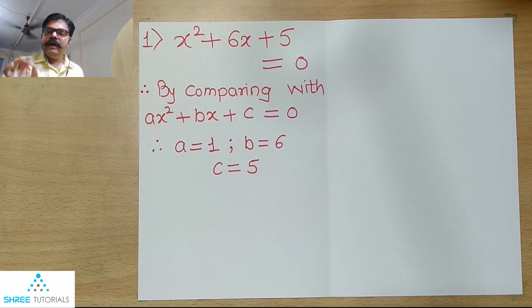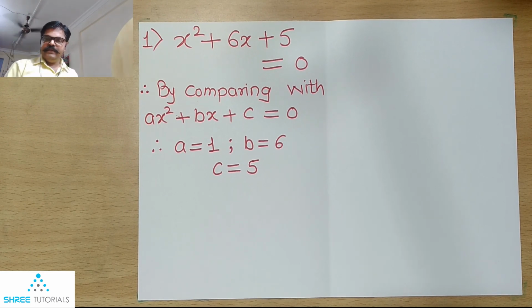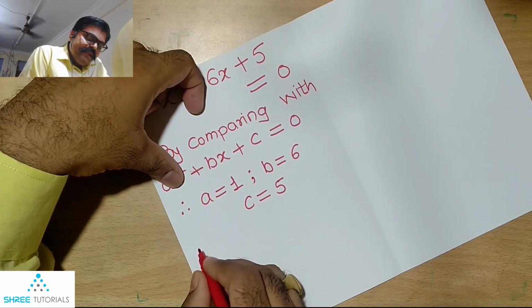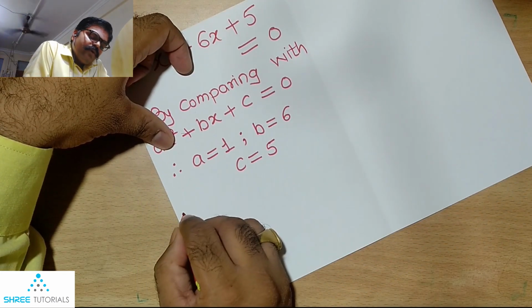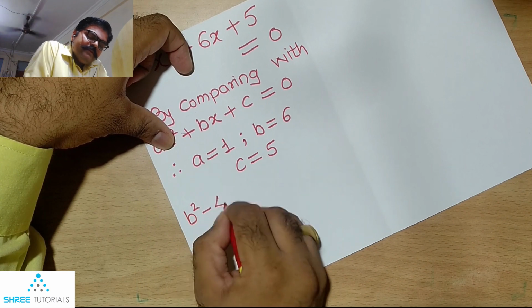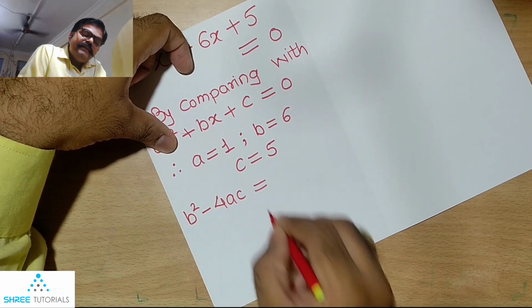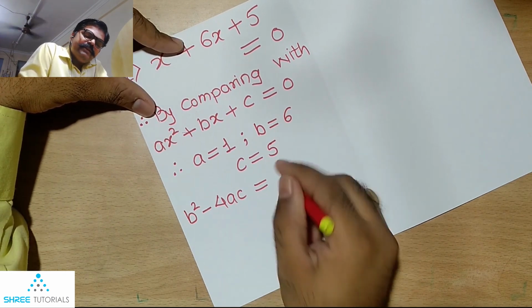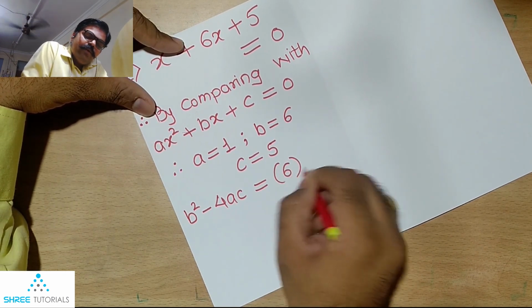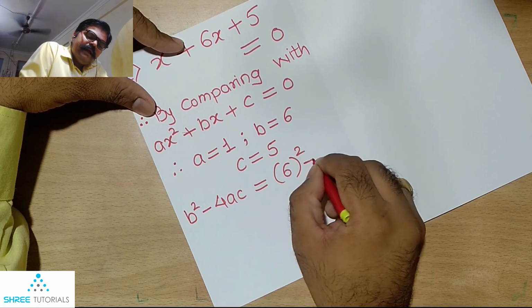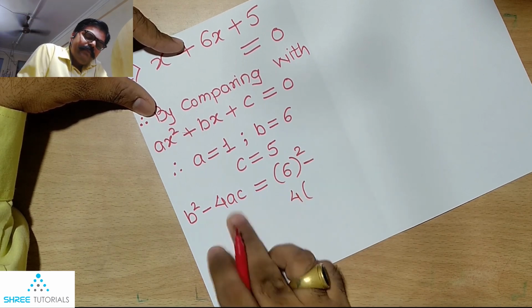Now the next step: I referred to something called a formula earlier. That part of the formula we are going to calculate over here. So what exactly are we going to calculate? We need something called b square minus 4ac over here. Now b's value is actually 6. Therefore what I am writing over here is 6 square minus 4 multiplied by a.